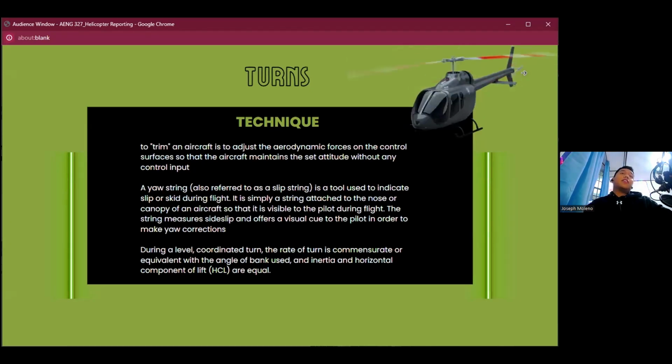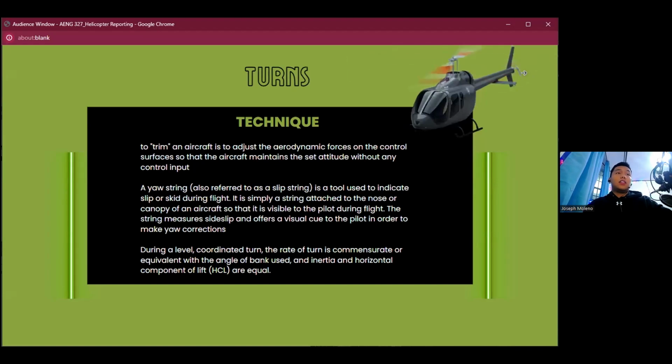So to trim an aircraft is to adjust its aerodynamic forces on the control surfaces so that the aircraft maintains the set altitude without any control input. Now, the yaw string is also known as the slip string. It is a tool used to indicate slip or skid during flight. It is simply a string attached to the nose or canopy of an aircraft so that it is visible to